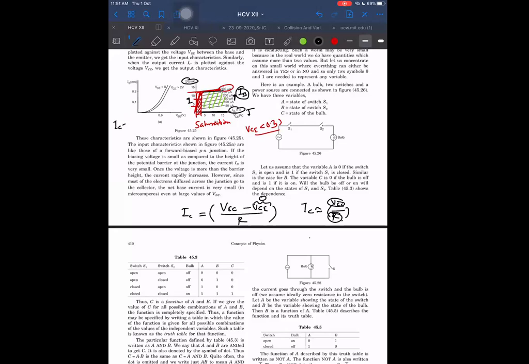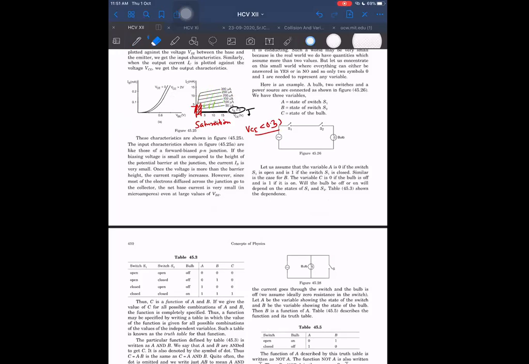But on the other hand, if I write IC is equal to minimum of these two, the minimum will be the exact value. But if I write IC as beta times IB, then it is constant always. It will not change. So it does not mean it is in saturation. I'm again warning you. For a given value of IB, IC is fixed if I use this equation. But it does not mean that IC is in saturation, because this formula is itself valid for active mode of operation. So when this formula is valid, that means it is in active mode of operation. And in this active mode of operation, for a given value of IB, IC will become fixed. IC will not change. But it does not mean it is in saturation.